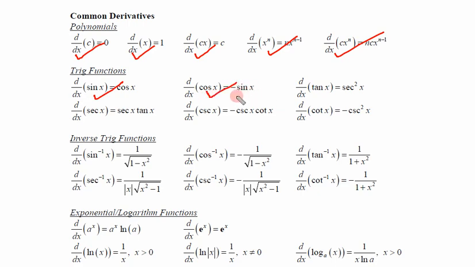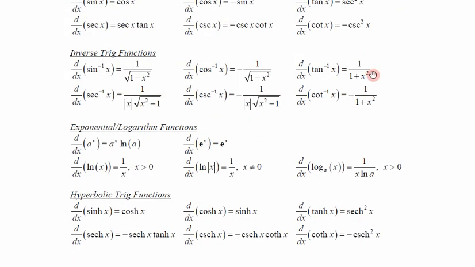The differentiation of sin x is cos x, and of cos x is minus sin x. This you have to remember. Tan x is sec square x. So these are 8 formulae and 2 more. What are those? D upon dx of e to the power x is e to the power x, the same, it will not change, and this ln x: d upon dx of ln x is equal to 1 by x. These 10 formulae you have to remember for differentiation.